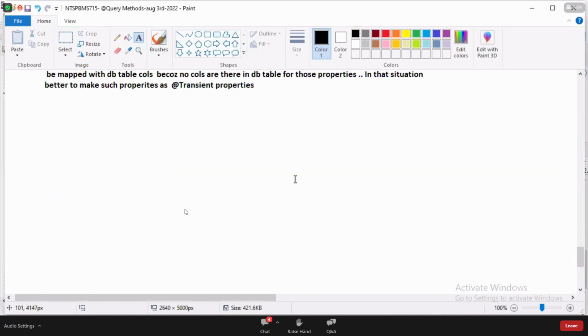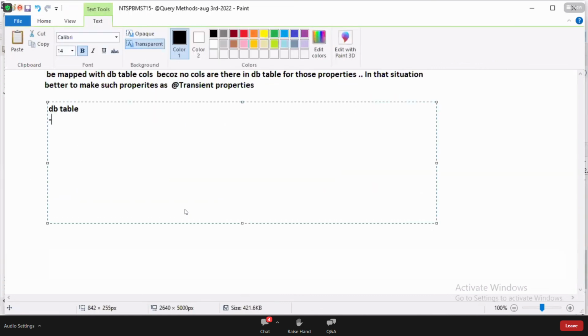Look at the scenario, guys. DB table: Employee. In employee, the employee number is the primary key column. Next, ename varchar2. Designation varchar2. Next, here I am saving salary, float.